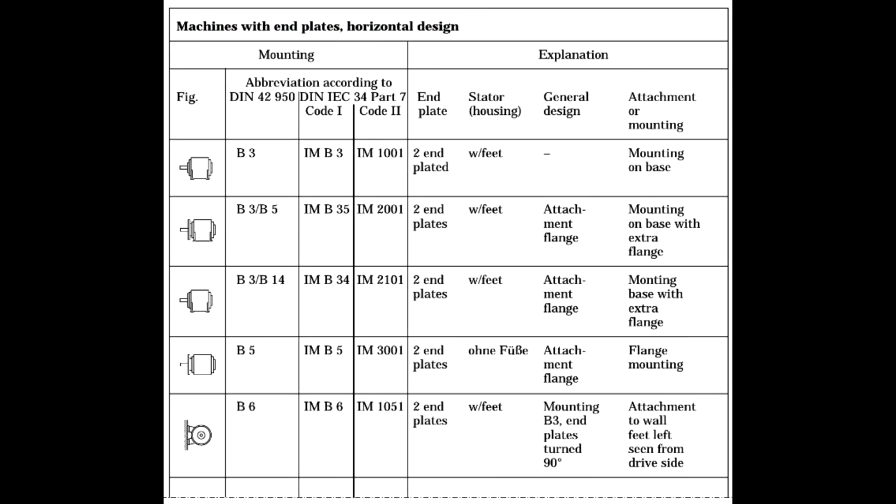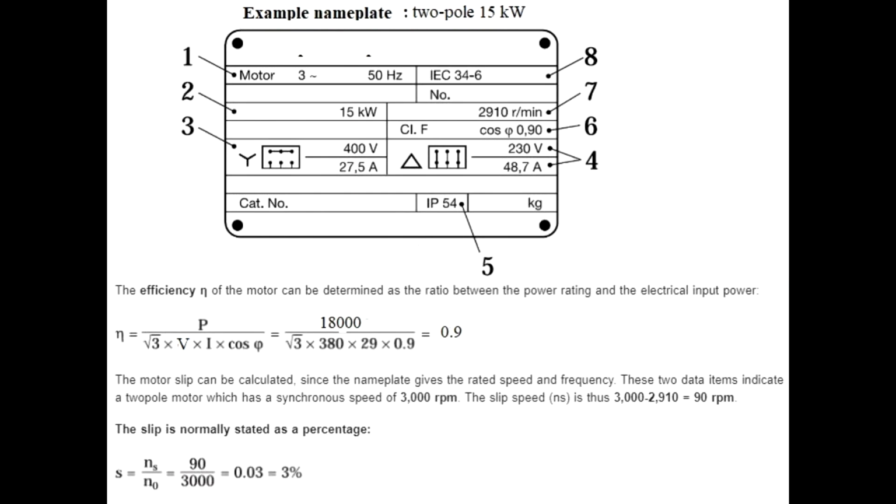Here is the machine with the in plate horizontal design, and this is the code of IEC 34 part 7. This code will give some explanation. Read it. The efficiency of the motor can be determined as the ratio between the power rating and the electrical input power, and we know the efficiency equals P power divided by √3 U I cos theta,